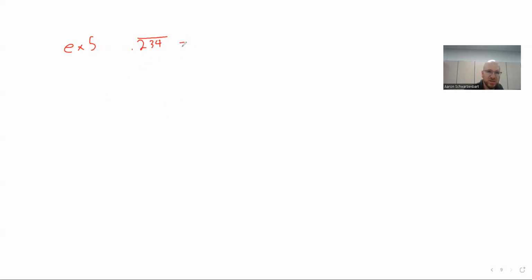So this is really 0.234 repeating, which I could express as a series as 0.234 plus 0.000234 plus 0.000000234, meaning I could write it as a sum of